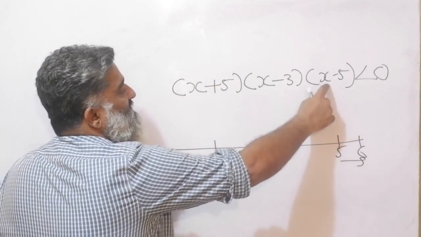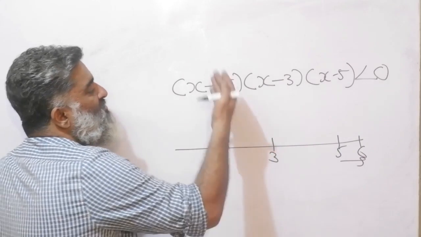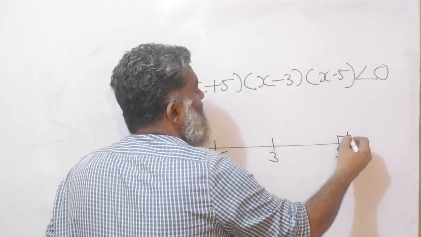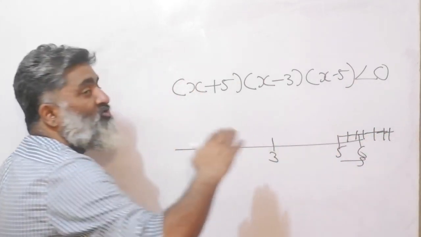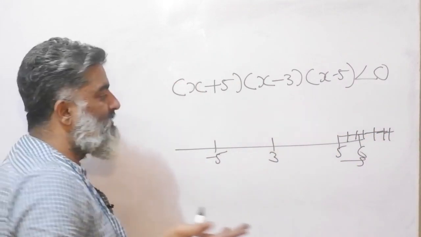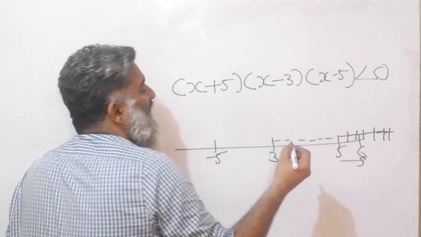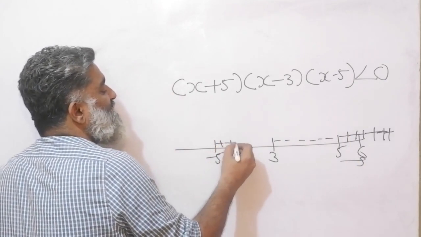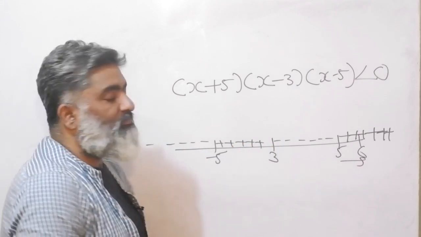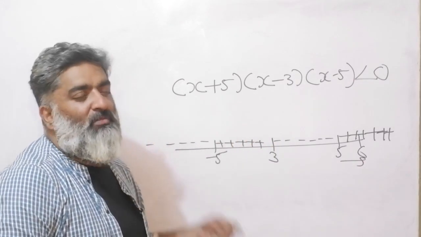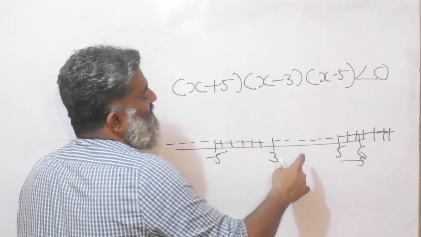If I put 6, 6 minus 5 positive, positive, 6 plus 5, 11, anyway positive. Positive, positive, positive, everything is going to be positive, and I can extend the logic, not only 6, anything greater than that, because already at 6 it is becoming positive, right? What about between 3 and 5? If I want to go for the shortcut, I can guess it is going to be negative, the next region is going to be positive, and the next region is going to be negative again. But putting a few numbers always helps to understand why this is happening, where the shortcut is coming from.